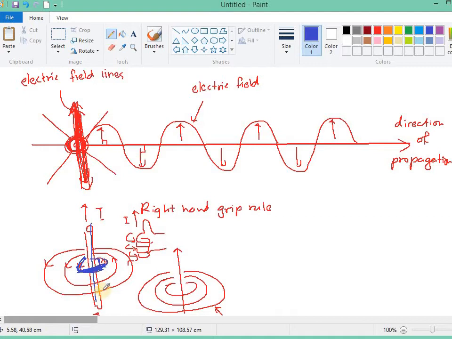So the magnetic field and the current is perpendicular, 90 degrees with each other. So the magnetic field will be like this. Why is the magnetic field oscillating? Because the magnetic field keep on changing direction. Okay, get the idea? So if we have one electron that is oscillating,